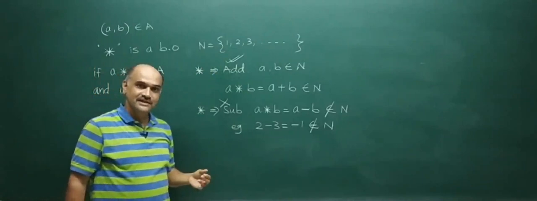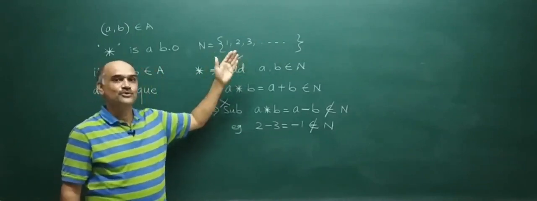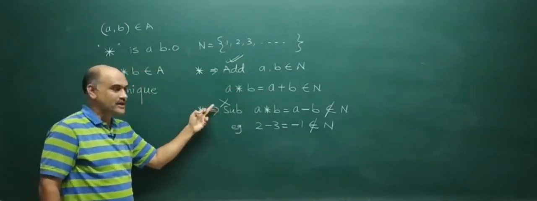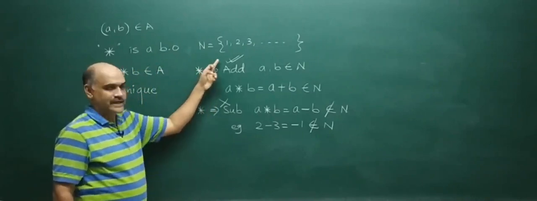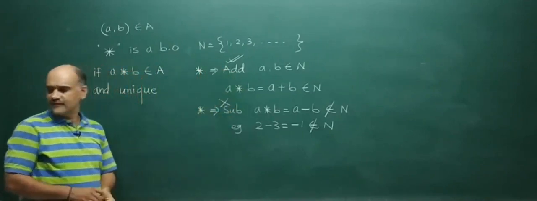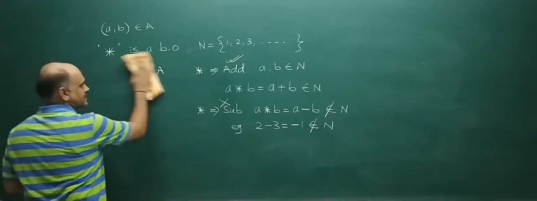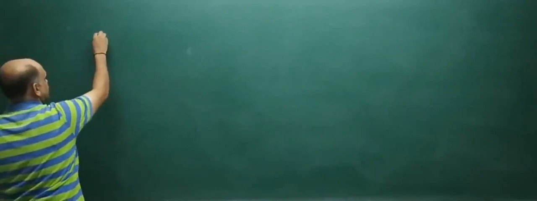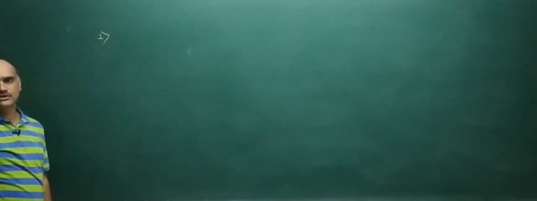If you take division, 1 by 2, for example 2 by 3, similarly 5 by 3, these are not natural numbers. So, division is not a binary operation on N. Similarly, we will take a few simple examples of 1 marks and 2 marks. He will be asking to check whether it is a binary operation, or you are required to check whether the associative property or commutative property holds true for those numbers which he had given. So, you can tell me whether it is a binary operation or not.